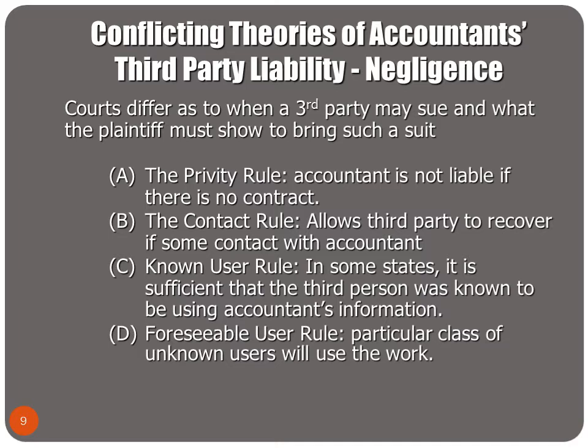Next, we'll look at the contact rule. In relaxing the privity requirement, New York, for example, now allows a third party to recover from a negligent accountant if there was some contact between the third party and the accountant. For example, an accountant may go to a bank to see what information the bank requires for the accountant's client to obtain a loan. In this case, there is a sufficient link or contact between the bank and the accountant to allow the bank to recover from the accountant if it sustains a loss because of the accountant's negligence.